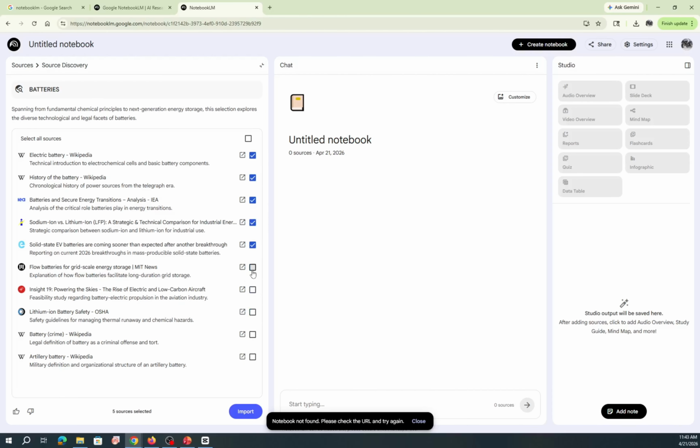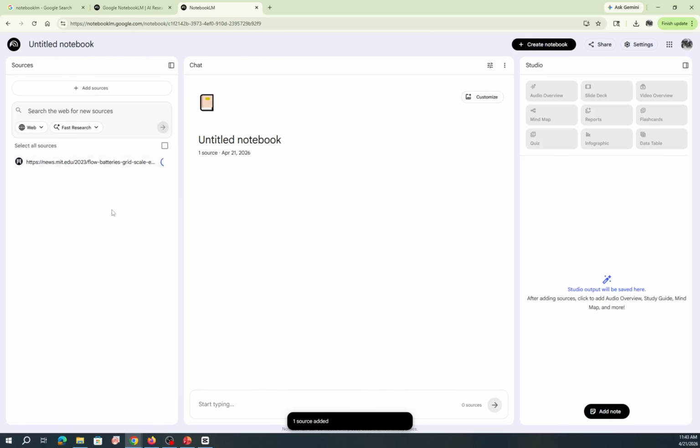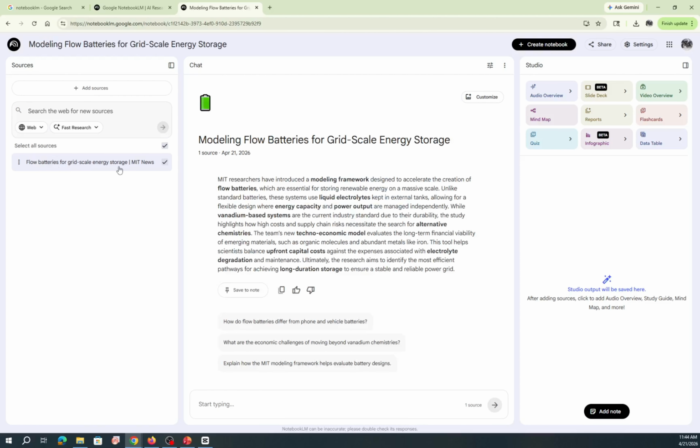Okay, maybe I will choose MIT News, and then import. So the one link from Google which I have chosen is MIT News. It's about some flow batteries. So I can use this source. Now it's selected, and we can create different